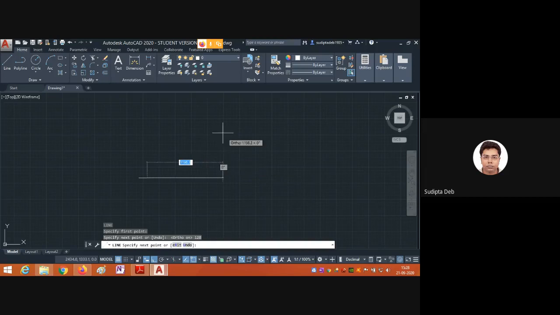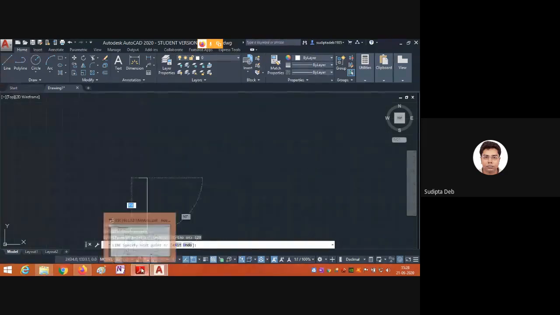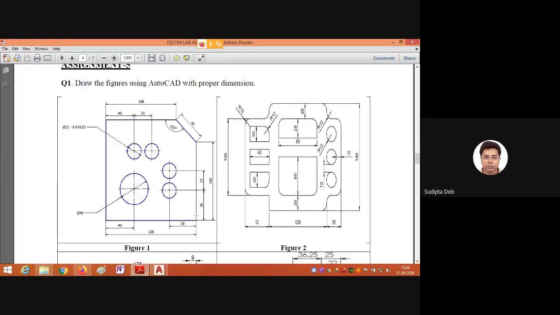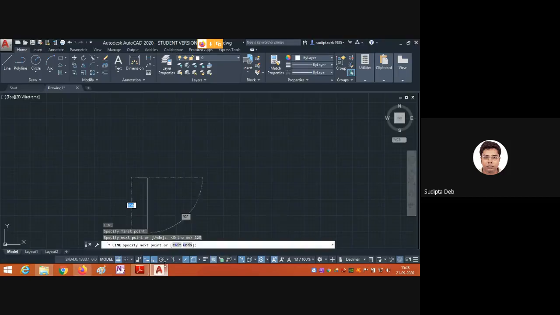Okay, one thing I can do, if I want to go in the upward direction, let me show the drawing. I am here right now at this point. Now I have to draw a vertical line. But when I am moving my cursor here, it is not moving upward. The problem is, where is my break point? You see here, if I move, it is showing the upward section. But if I move here, it is not showing.